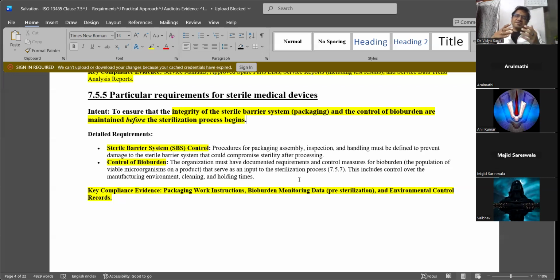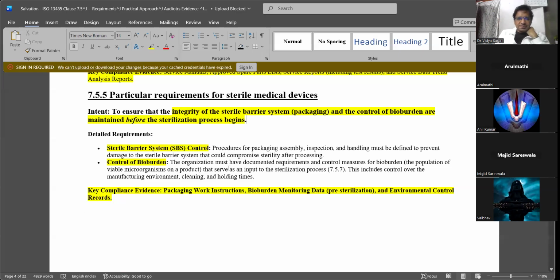Your devices will get sterilized at half of the Vmax dose, what we call basically in gamma sterilization, and within half cycle only in ETO sterilization. So the lower the bioburden, the easier it will be to sterilize your product, and the chances of failure of sterility will be very minimal.